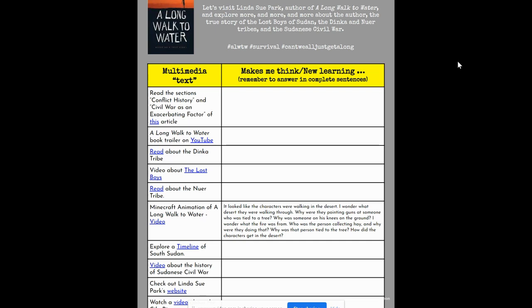So again, reading comprehension, when we are looking at the Dinka and the Nuer tribe, and we are saying that they are struggling as refugees, again, walking through the Sahara Desert, going through dense populations, being attacked by lions. They truly understand that because we have done research. They have done research and been able to get a visual as to what it is that these individuals in